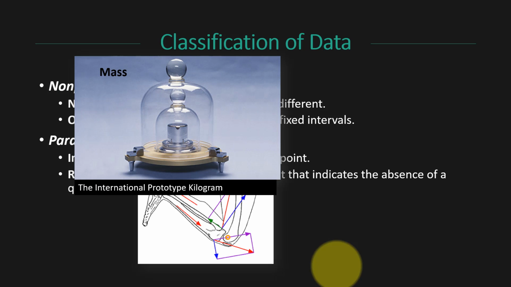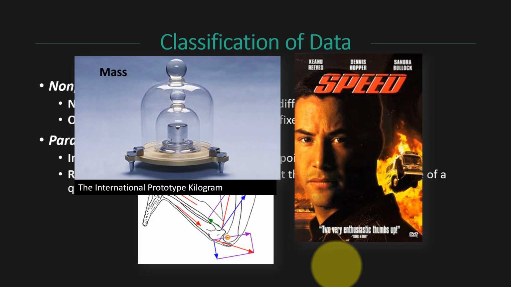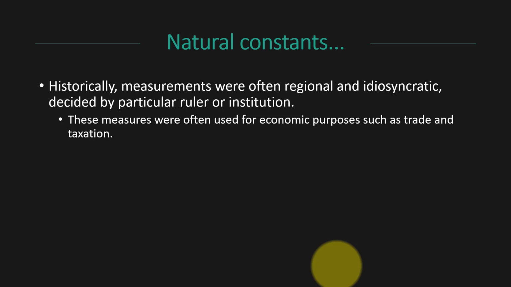Similarly, with something like mass, we can't have negative mass, but there is a true 0 point indicating the absence of quantity. Or something like speed. Much like forces, speed could indicate how fast you're traveling in one direction. A 0 indicates you're holding still, and a negative indicates that you're moving in the opposite direction. So